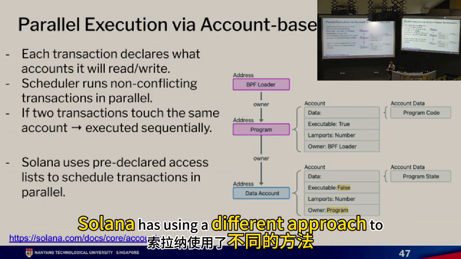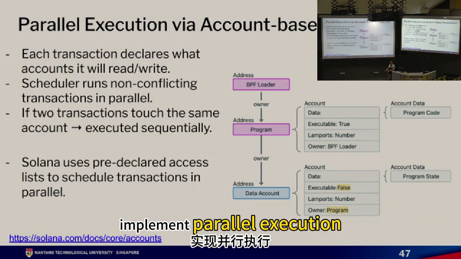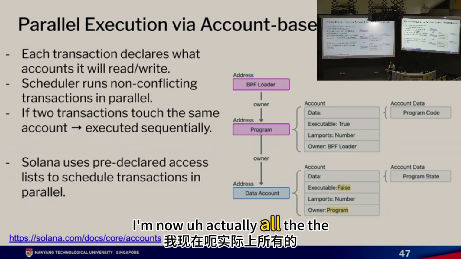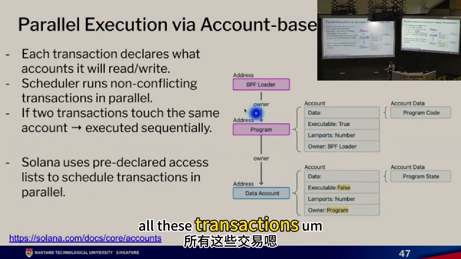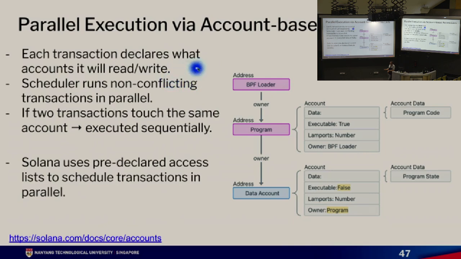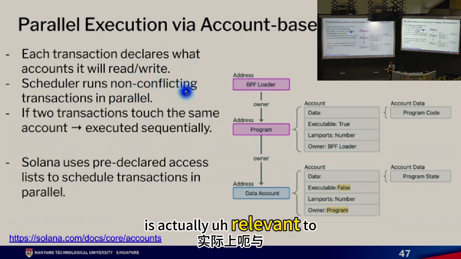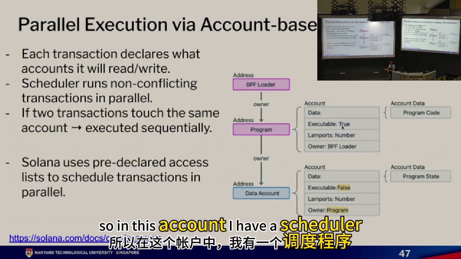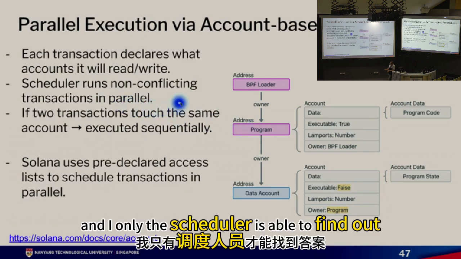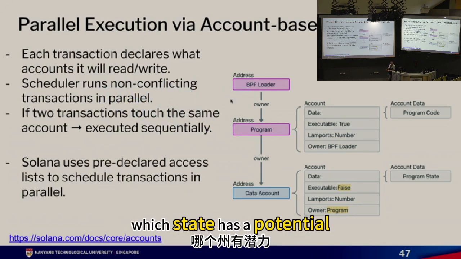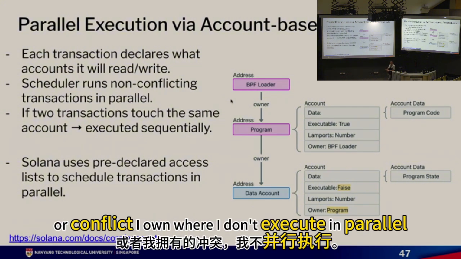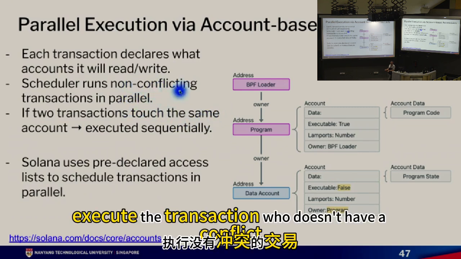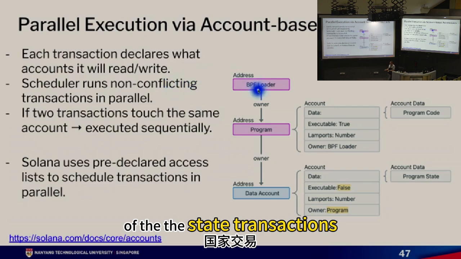Solana uses a different approach to implement parallel execution. All these transactions are account based. In this design, I have a scheduler, and the scheduler is able to find out which states have a potential conflict, where I don't execute in parallel. I only execute the transactions that don't have a state conflict. And